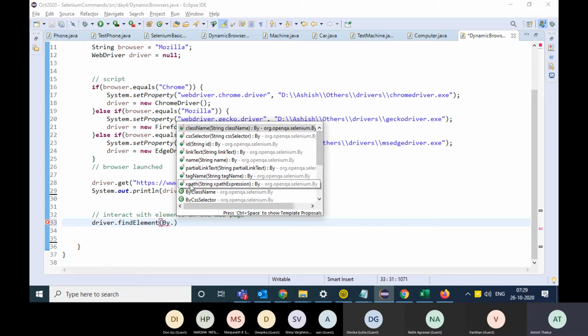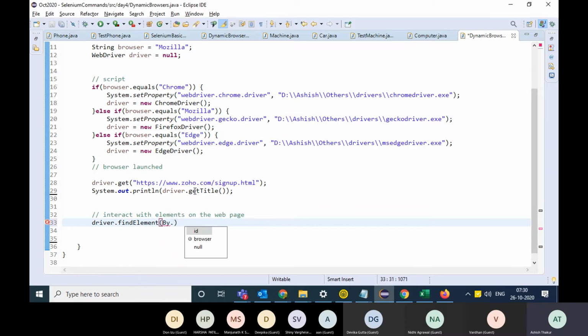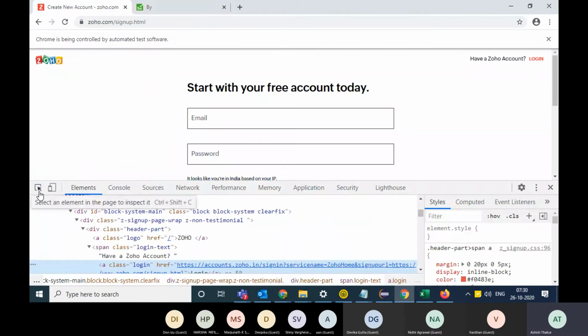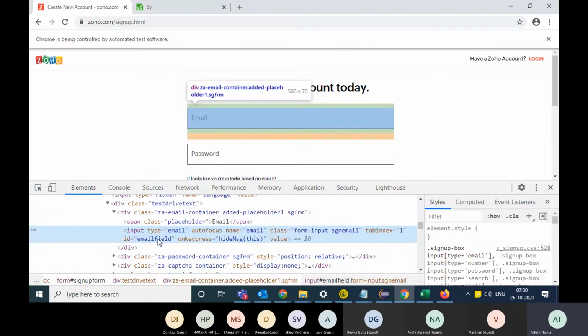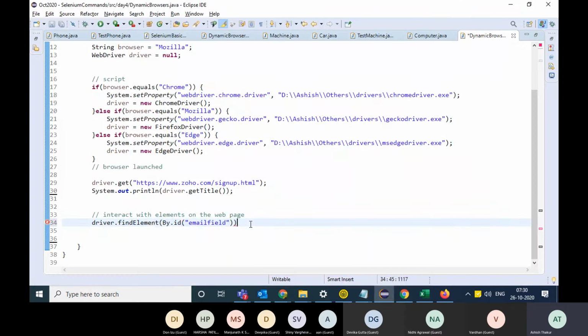I can say By ID, and you can give the ID of your element, say the email field. The ID is emailfield. So this will go and find the web element corresponding to the email field.